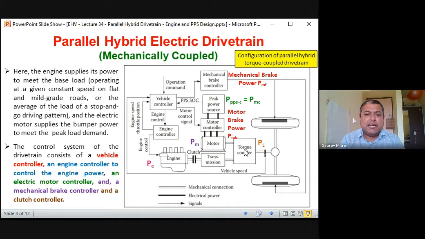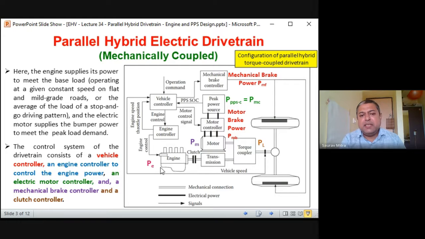Whenever the vehicle is running in the city, continuous on off kind of action is there. At that time this motor is actually acting as a generator, and during the off or deceleration period, outside energy comes back to the peak power source or PPS as a regenerative source. Whenever the vehicle is running on the highway, at that time this engine is working fine. PPS is in that case in charging mode. So whenever the vehicle is running through the highway, at that time this PPS is not supplying any power.